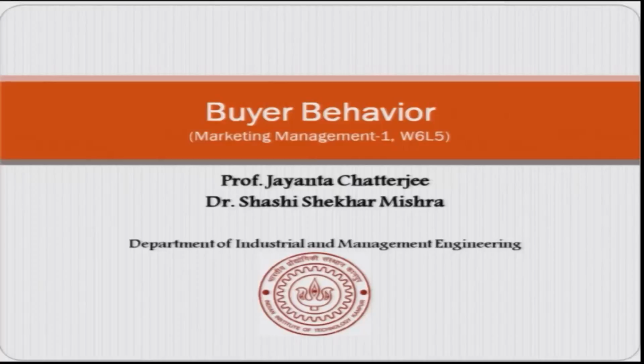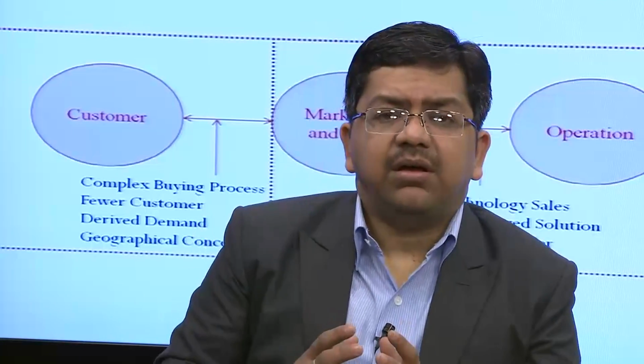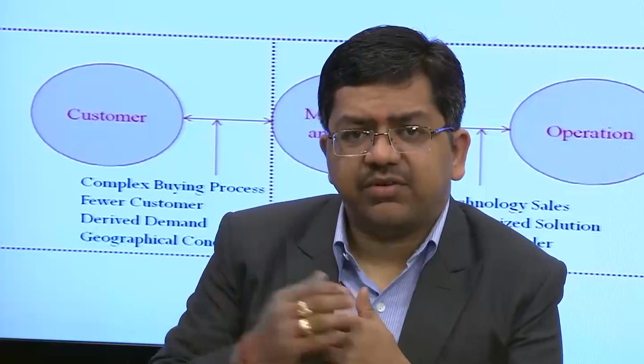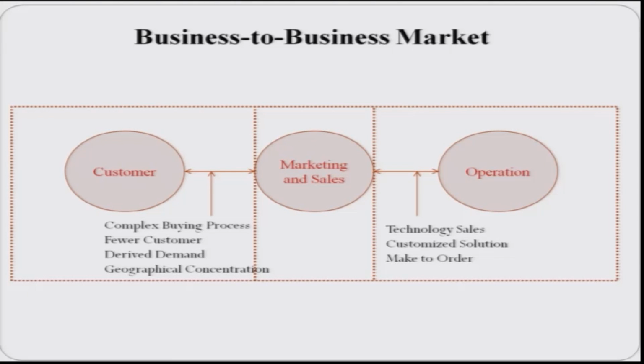So, we are in this buyer behavior module, which is going in the week of 5th and week 6th, and this is lecture 5 of this module of this week. So, till now we were discussing the specific characteristics of industrial markets. Specifically, we talked about the differences in the industrial markets or B2B market versus consumer market, and I have tried to explain these differences through this model,